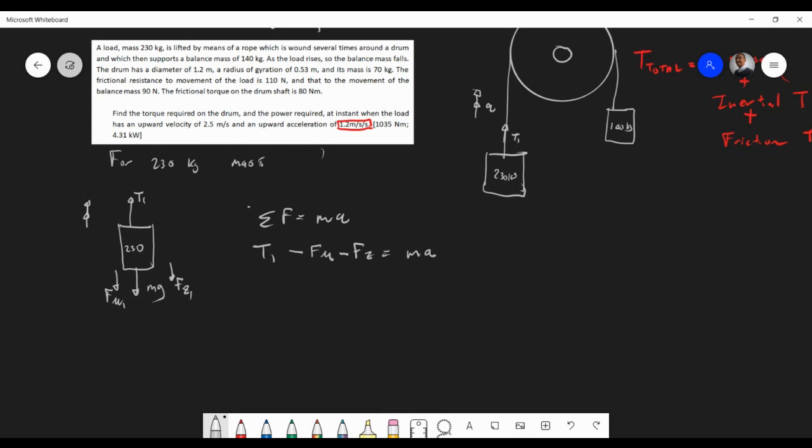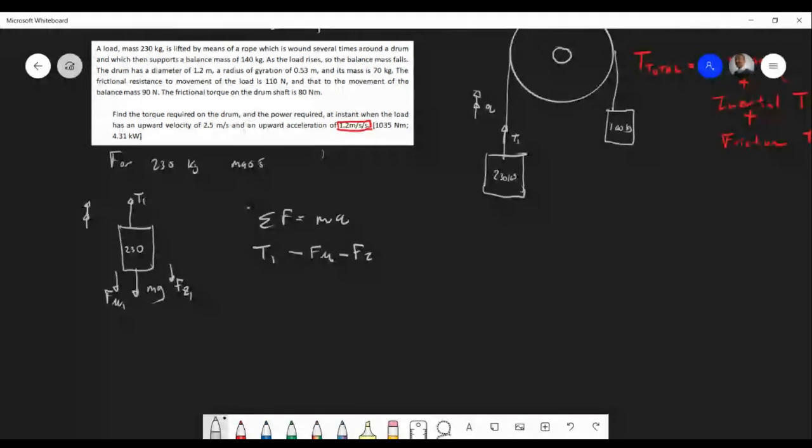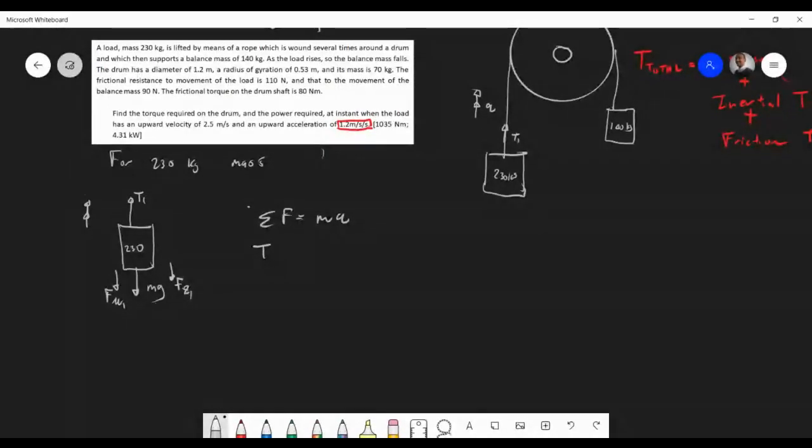No, why is this not right? T1, that's going that way, it's positive. Regardless, you apply that, T1 is going to be equal to F mu plus mg plus inertial